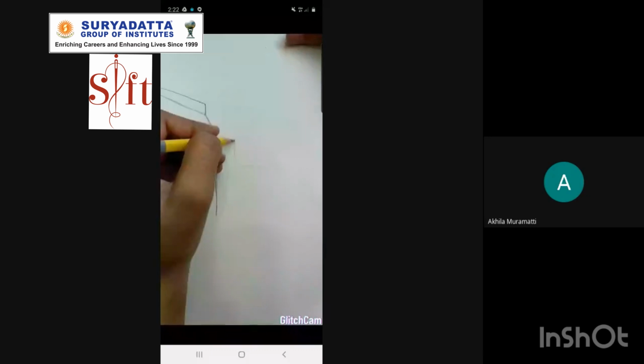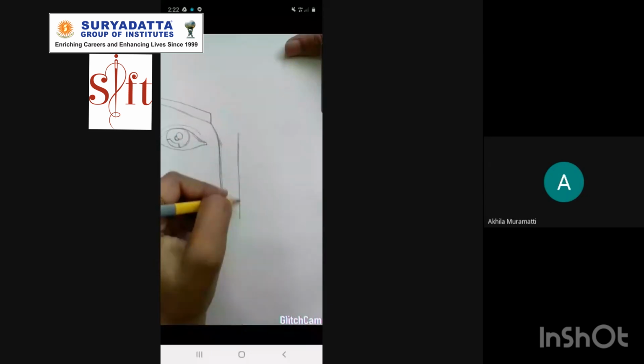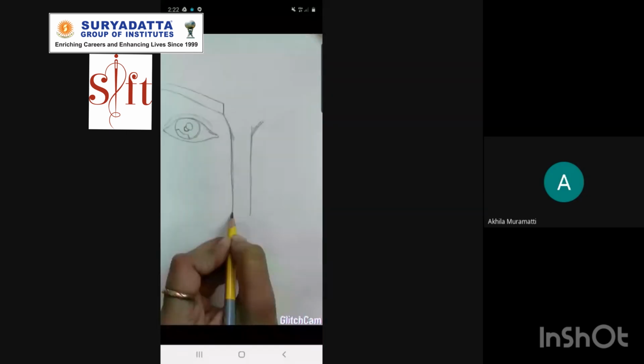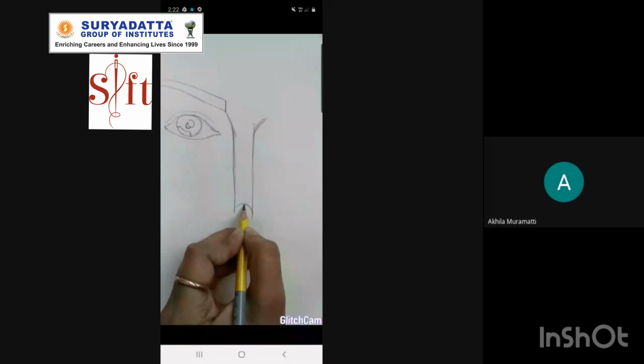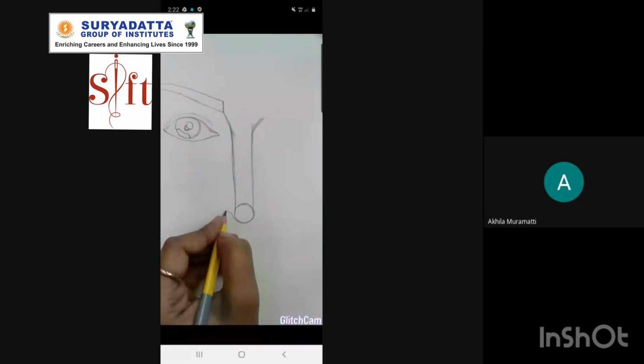The portion of the nose is pretty basic. This is pretty basic for drawing the nose. Draw a simple circle just to identify the nostrils.